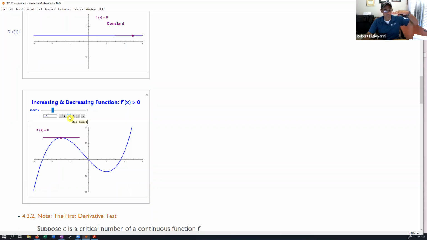Then we keep moving. Now my derivative is going to become negative, negative, negative, negative. Keep going till we get to the bottom. Now the derivative is 0. And then it switches back to positive, positive, positive, positive. And now we're increasing, right? So do y'all see how that derivative changed over the function? Positive derivative, negative derivative, positive derivative.